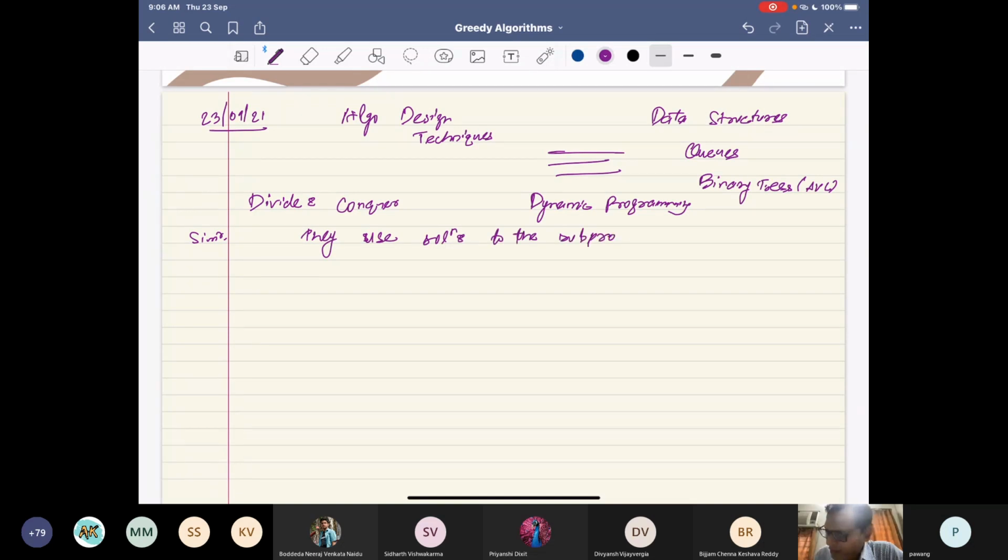So that means I don't want to solve my larger problem immediately. I'm saying, okay, can I break it into smaller subproblems and can I solve the subproblems first and use that to solve my larger problem? But the difference is that, yes, this is top down and this is bottom up. How does it help? So how does bottom up help? Why do you need a bottom up approach